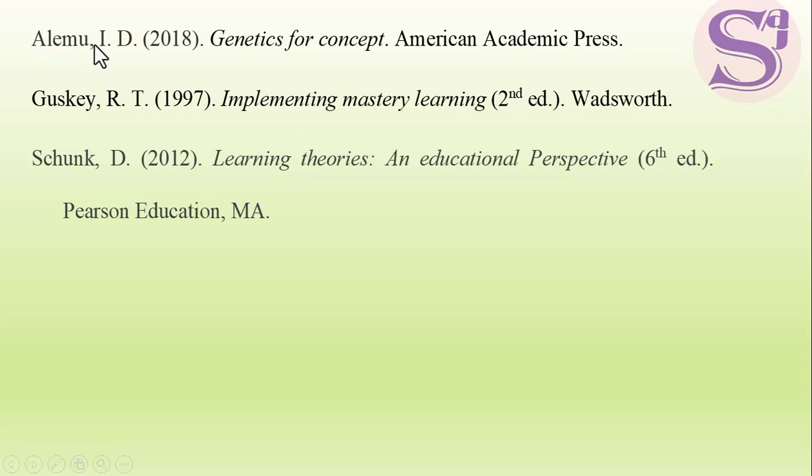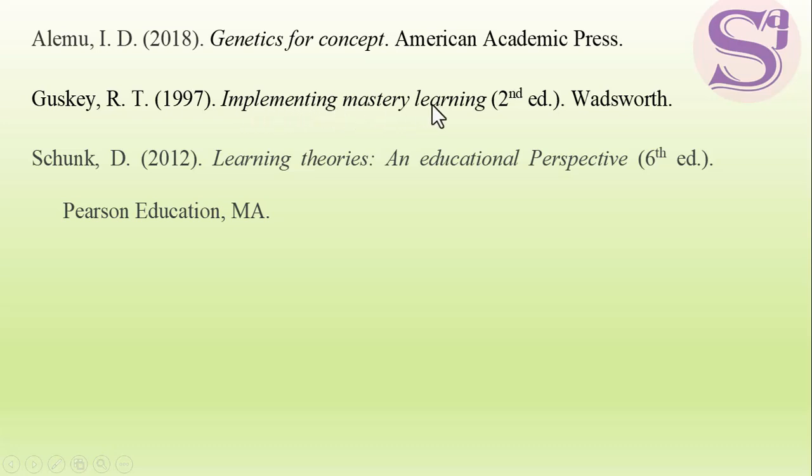This first one here: Alemu, comma, I. D., the initials, followed by 2018 in parentheses. Note the punctuation marks, especially the full stop and the comma and where they are. Then Genetics for concept. You can see it is italicized. Then this is the publisher, American Academic Press. Second example here: Gosky, comma, R. T., then the year in brackets, then